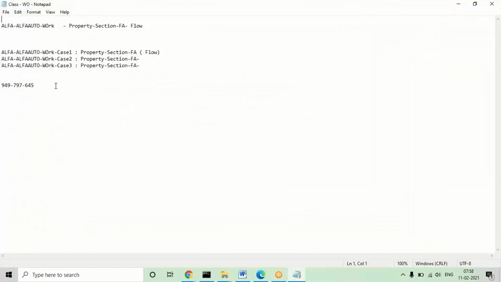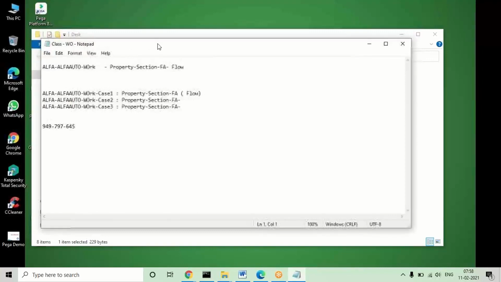See, for example, you have a parent class right now, right? In this scenario, in the last session we created the property, section, flow action and flow in the work layer, and I compiled directly right here. But suppose in the future I divide the application into more modules, like three modules: case 1, case 2, case 3.